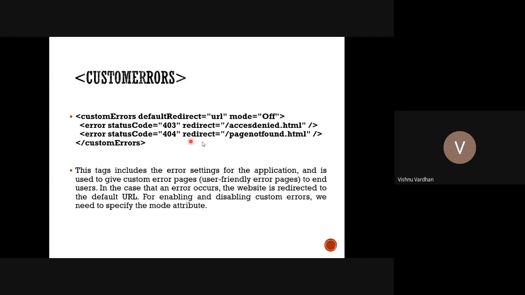It can be redirected gracefully in that way. So along with the proper mapping of the status codes, you can have the corresponding page created. They can be simple HTMLs also, normal HTMLs also. So in that way you can have these customization parts of your errors occurring on your web page.